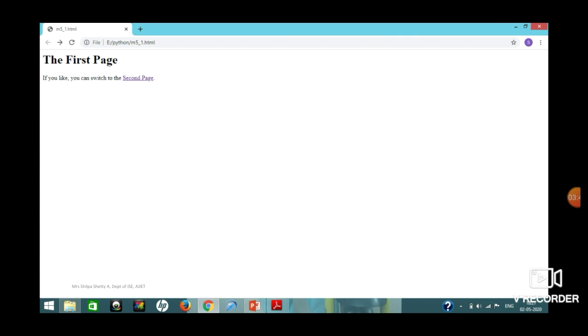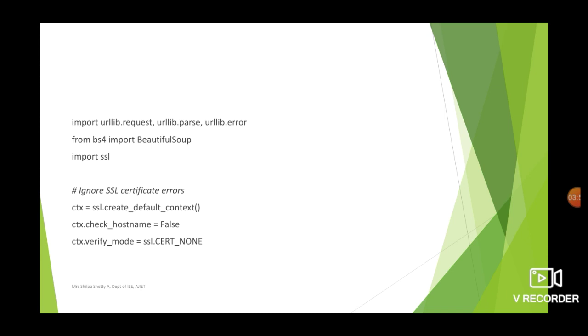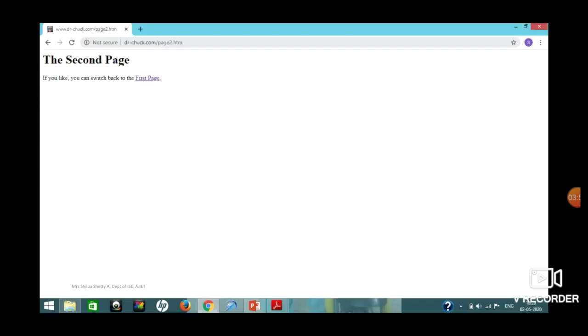So this is my second page here, drchuck.com page2.html. Let us assume that the previous page is page1.html, whereas this one is page2.html.